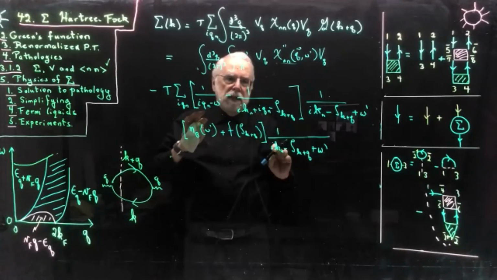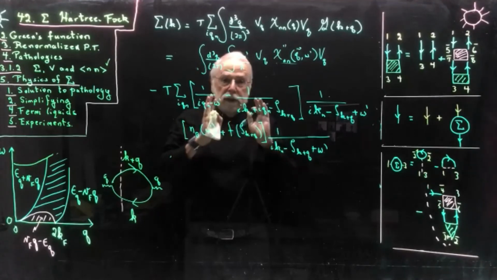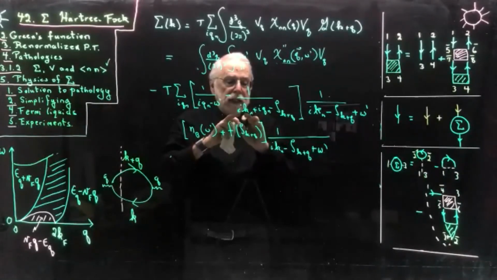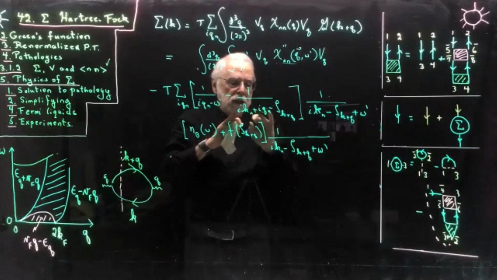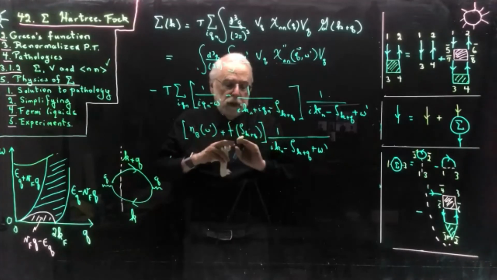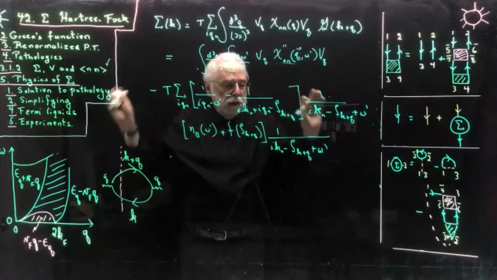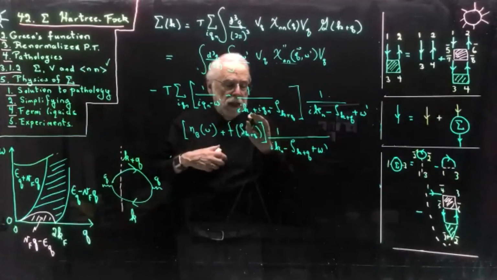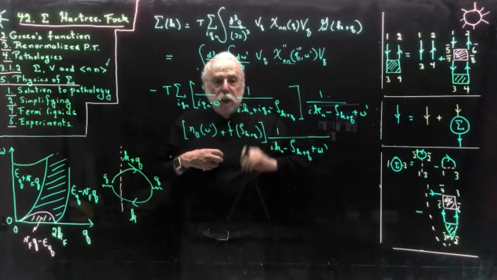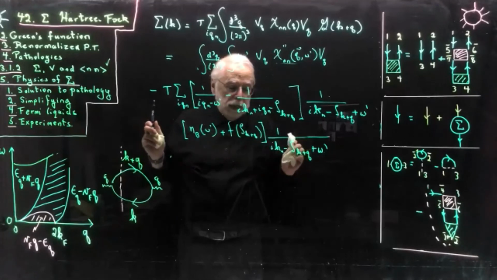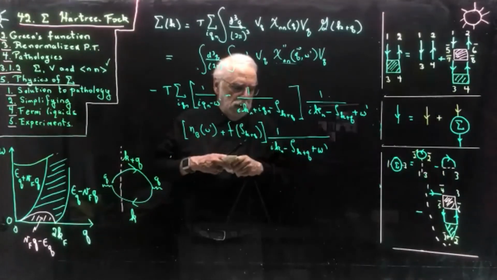You see? If I had done the analytic continuation, that's the usual rule. It's not the first time I say this. If I had done the analytic continuation here, then I would have a real problem because when I sum over iq_n, then this would be real, and this will be a Bose function, but it should be a Fermi function. So the mistake you do by analytic continuing before doing all the Matsubara frequency sums is that you analytically continue through a lot of poles along the imaginary axis, and you shouldn't do that. Now I don't have any poles in the way, so I can do the replacement.